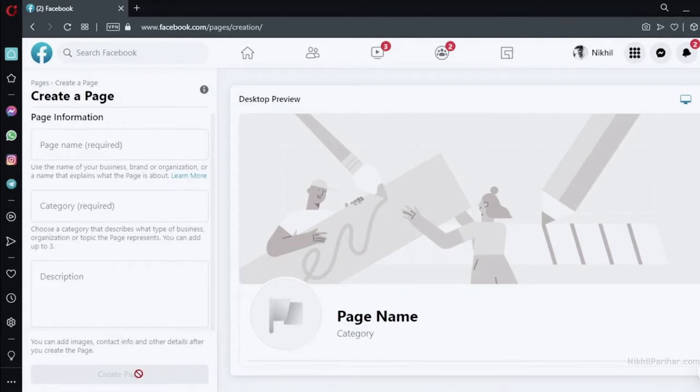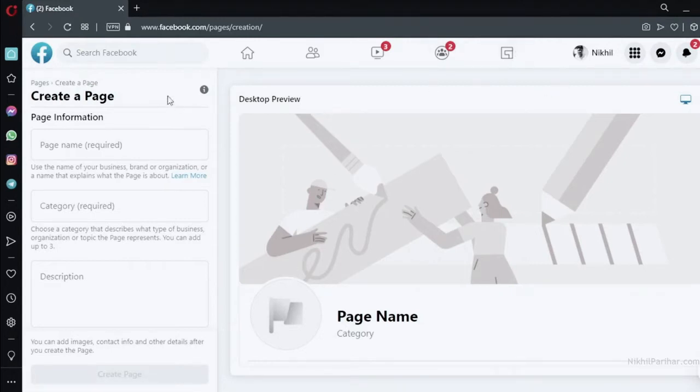So I want you to fill in all these things, put the display picture also and put the cover picture also. You can easily create them on Canva. I'm going to tell you about Canva also at the end of the video, while we are creating the ads, so you can create wonderful looking ads. So go ahead, create this page. It's very simple to create a page on Facebook, and it is not going to cost you anything.